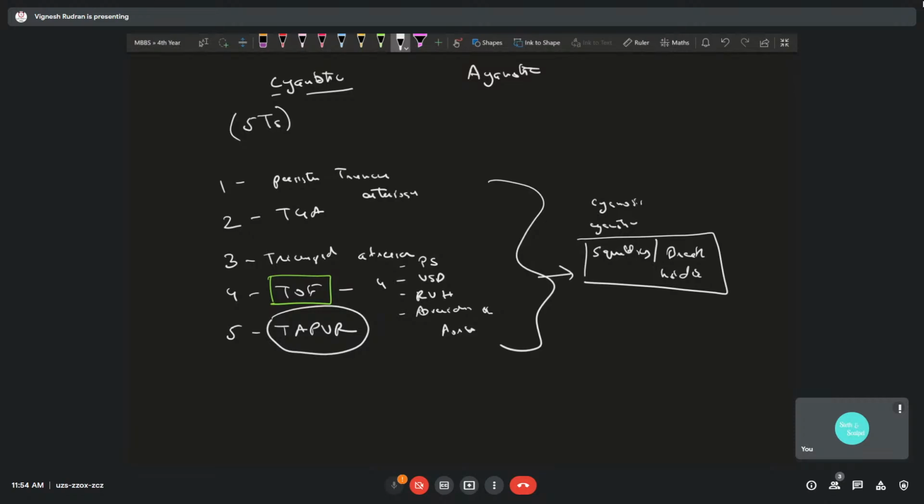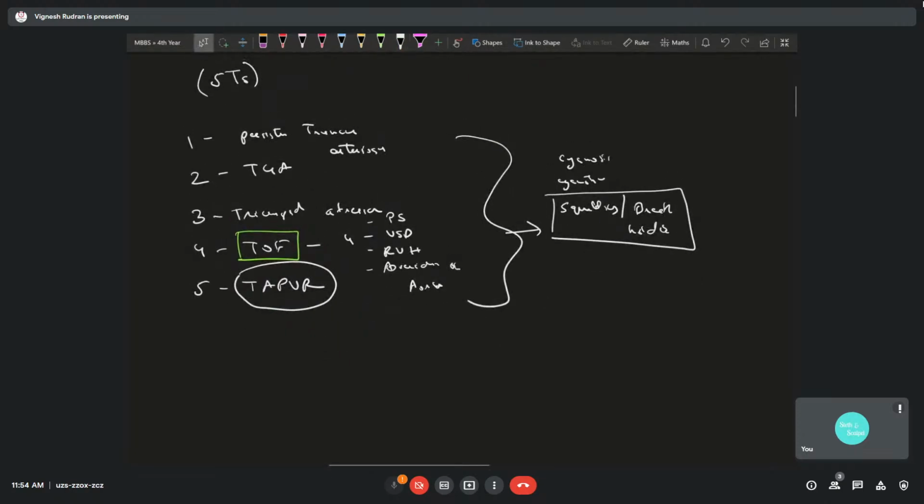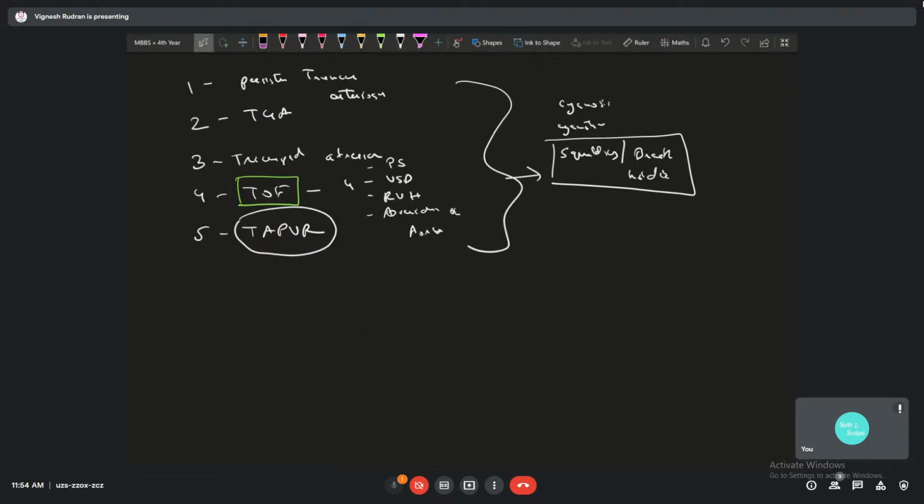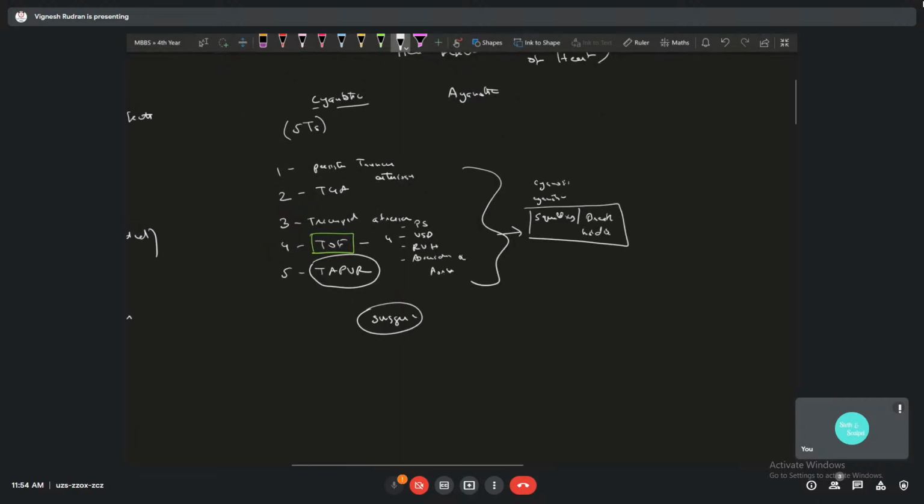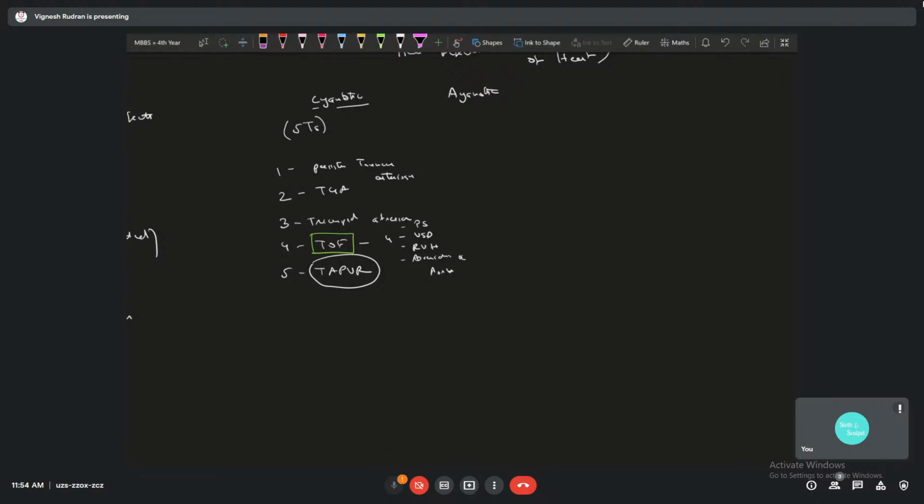If the kid does this, his heart goes back to normal for some time, and then it becomes all right. For most of these conditions, you're going to do surgeries and correct the defects. Other than that, heart failure symptoms, reduced ejection fraction, right-sided failure, left-sided failure, persistent infections, persistent respiratory tract infections and failure to thrive are common symptoms of CVS abnormalities.